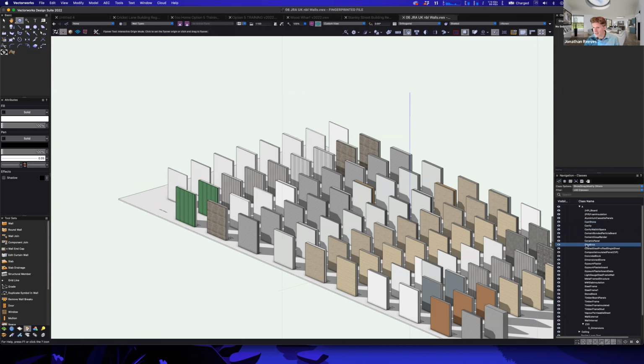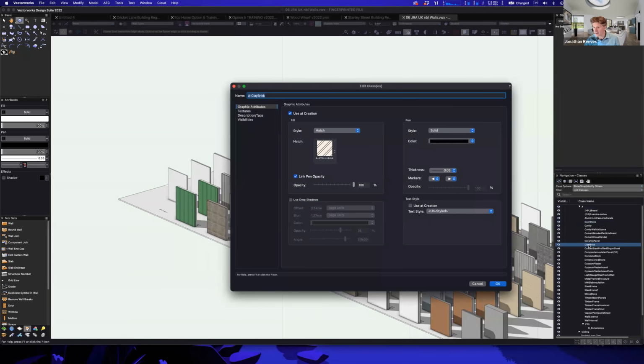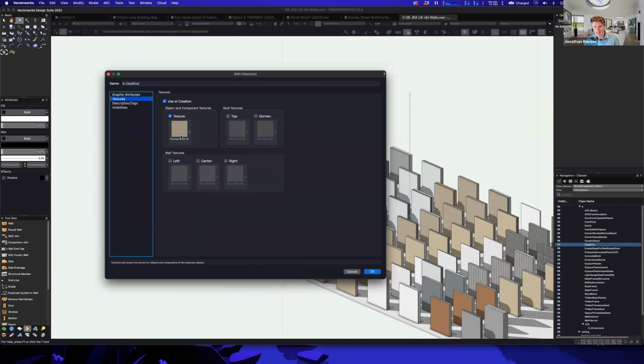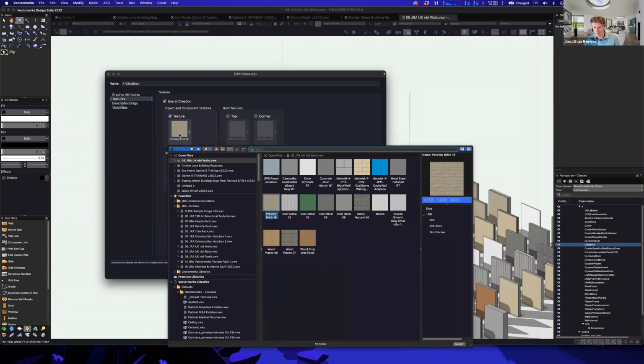What's really nice about that, guys, is look, if I right click and edit this clay brick class, okay, here's the 2D graphics that are nice and consistent for my drawings. But for me, I can easily click into the texture. And let's say that I now want to swap this brick for a different type of brick, which of course I will. What I now do is I'll go to my